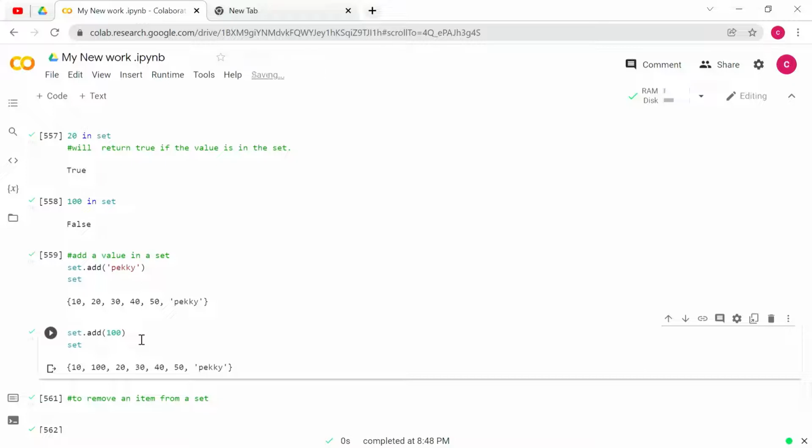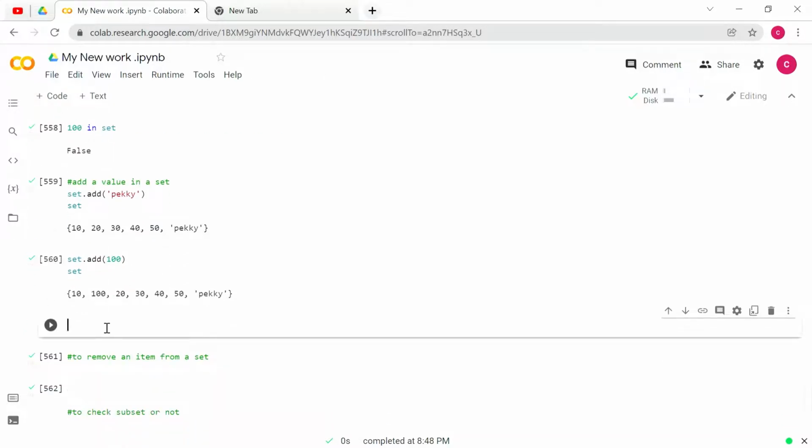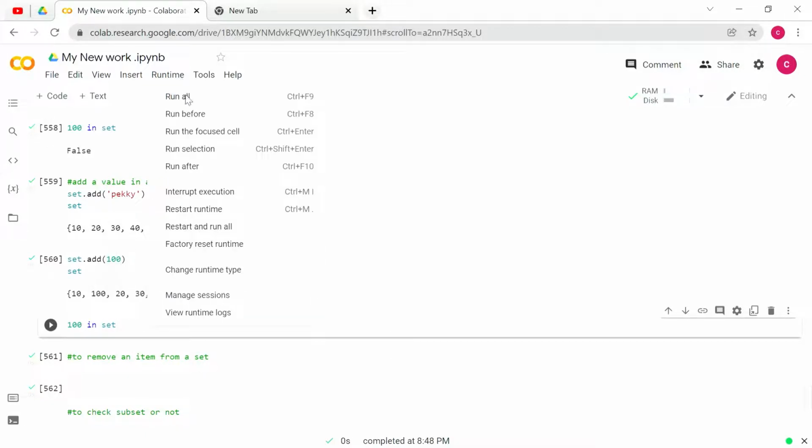So in this code it will only be false. After this code we have inserted 100 into the set. So let us do once more. Let us check 100 in set and just run the code and find the output.